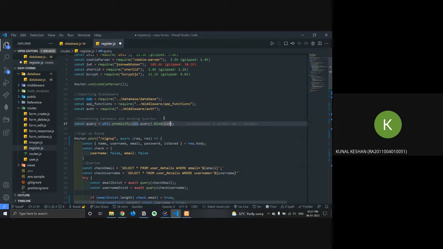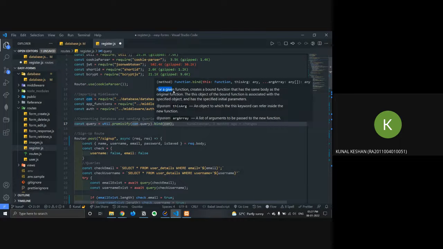Here you can also see what bind specifies for a given function. That is my query method. It creates a bound function that has the same body as the original function. So similarly, whatever was there in my query, it binds it to my new query method over here.